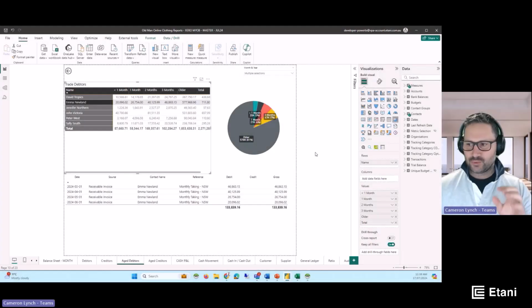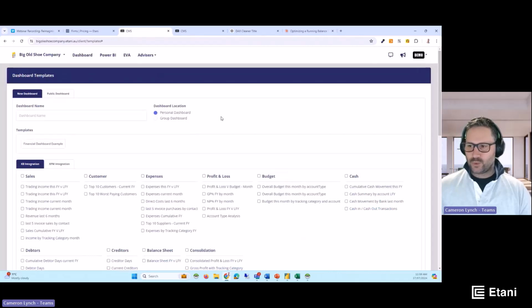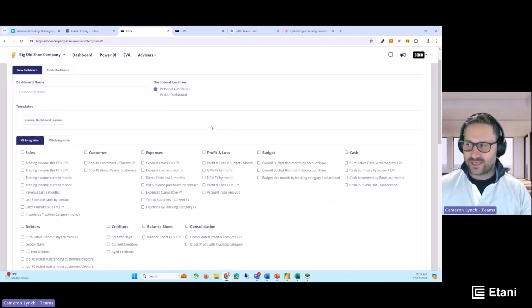Now I want to show you reasons for using EVA. When you work with EVA, you would probably start with a template. You can launch a template and you'll have a whole range of KPIs. But as you probably all know, in these reporting platforms there are always templates, and they're really useful to get the